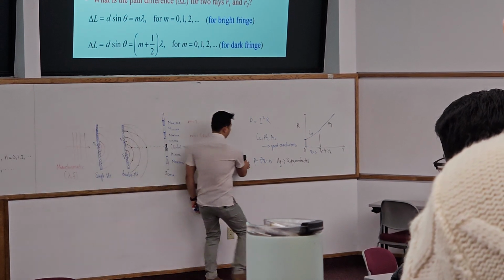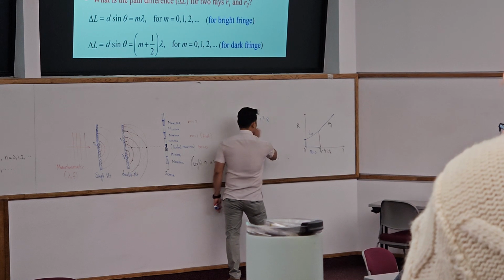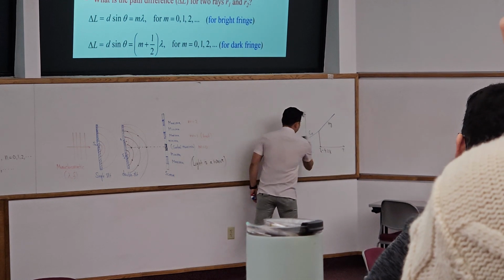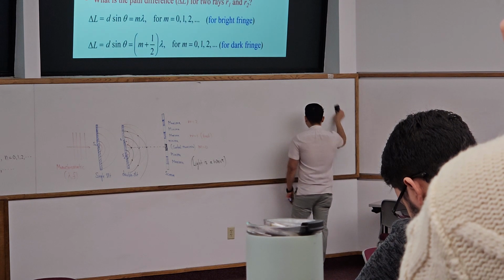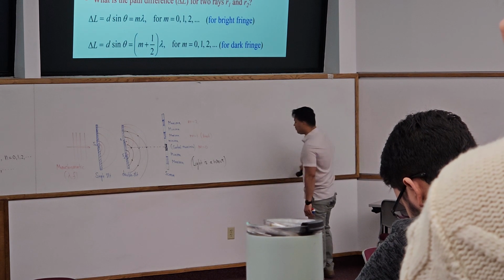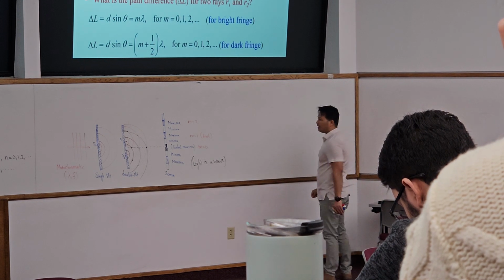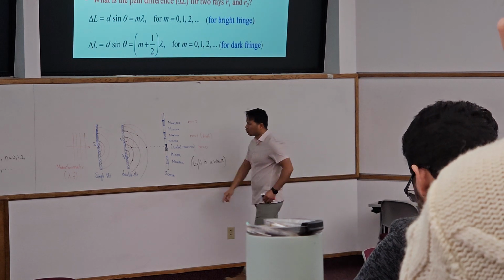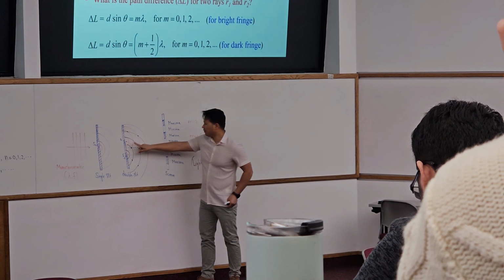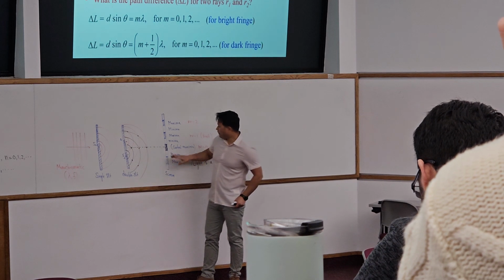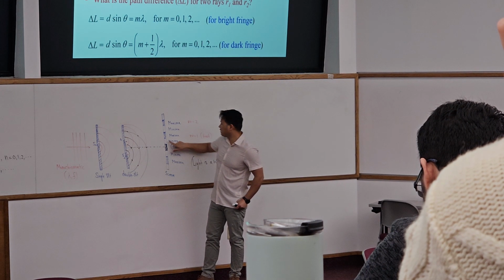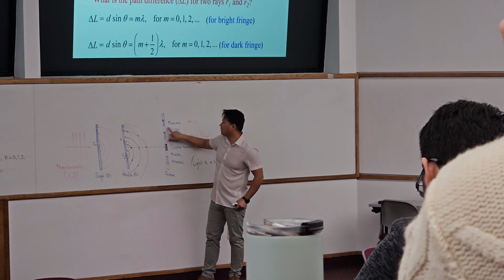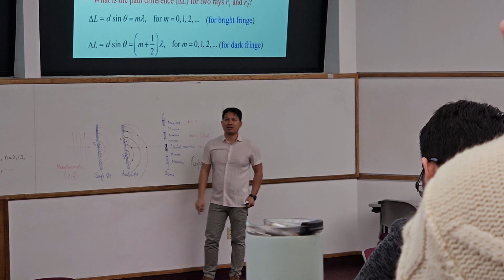Sorry for this distraction. If you want to know about the superconductor, I will tell you later. So basically, how can we explain this experimental observation using the idea that light is a wave. You have two sources from this double slit. If you have a constructive interference, you will see the maximum over here. If you have destructive interference over here, then you will see minima, again maxima, minima, maxima, minima on the screen.